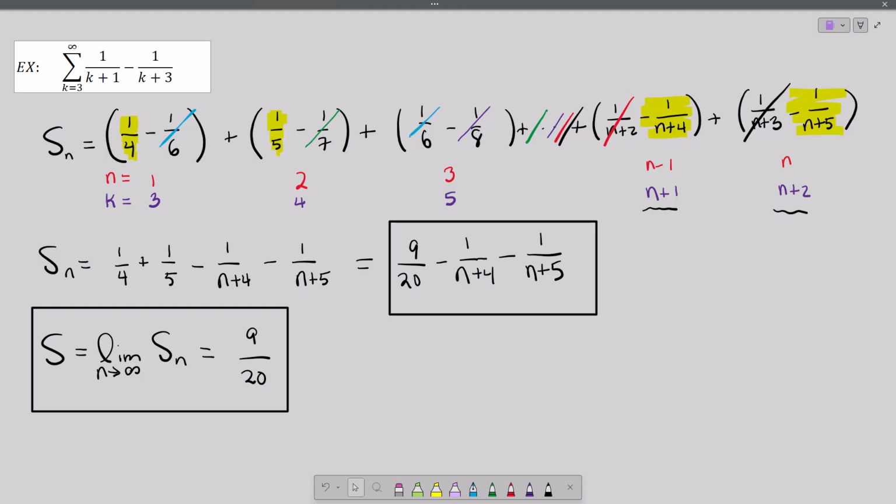To get this one, we're going to take n plus 1 and put it right in there for the k's. And then to get the last one, we're going to take the n plus 2 and put it in there for the k's. So when we plug in n plus 2 right there, we end up with n plus 3. Plug in n plus 2 there, we end up with n plus 5. That makes sense? And so if you think about the n as the counter and k as the generator,